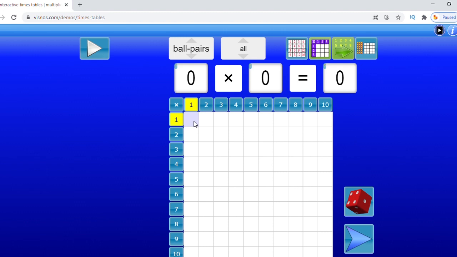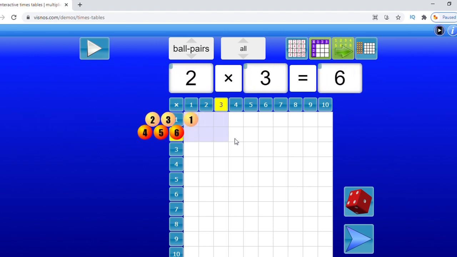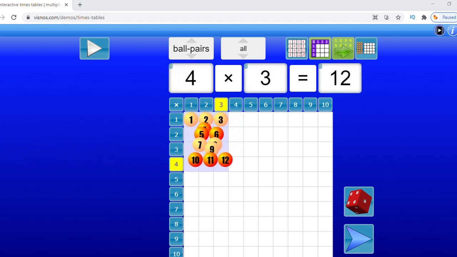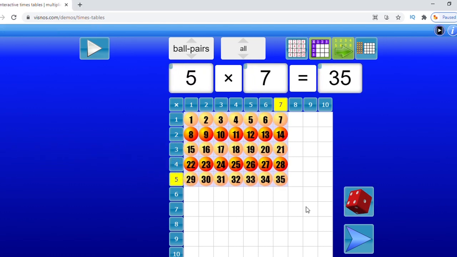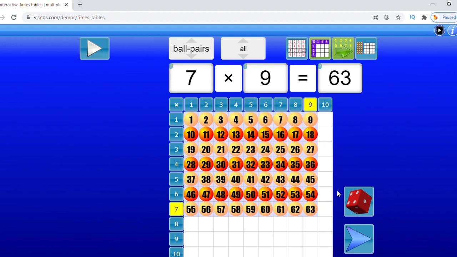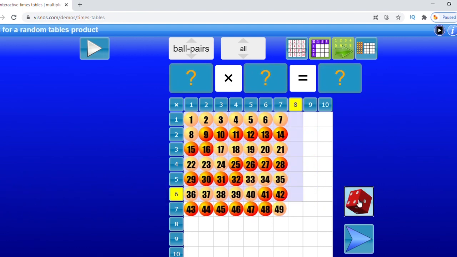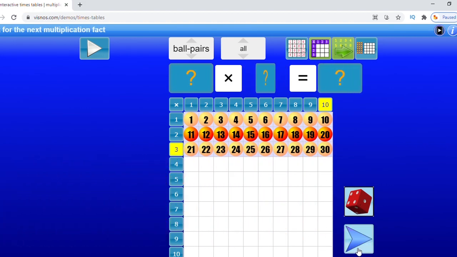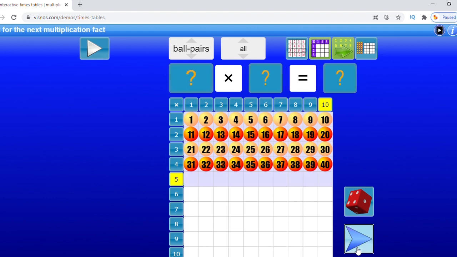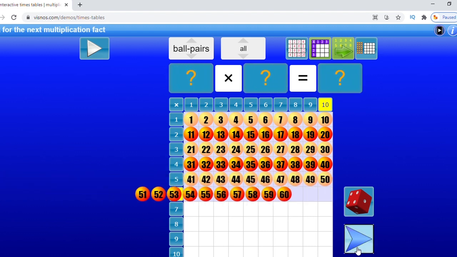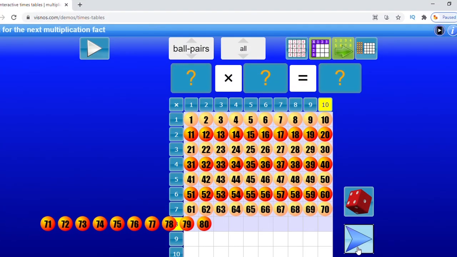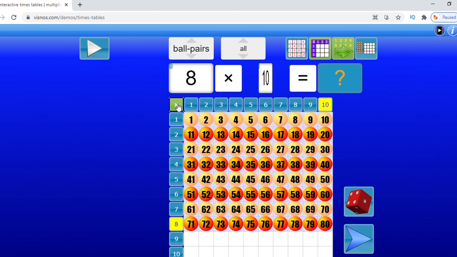In the initial manual mode, simply click anywhere on the grid and shapes will move in or out to make the product. Alternatively, click one of the numbered buttons, random button for a random product. Then you can click on arrow button to move to the next value in the multiplication tables. You can click this cross button. It empties the table square.